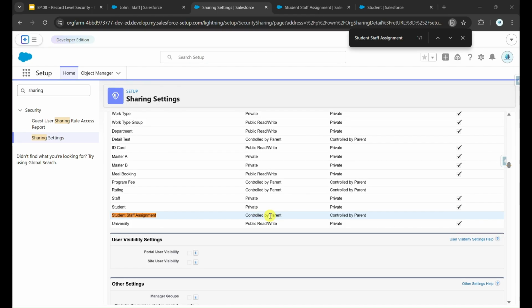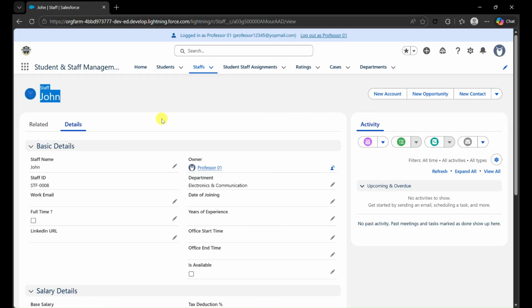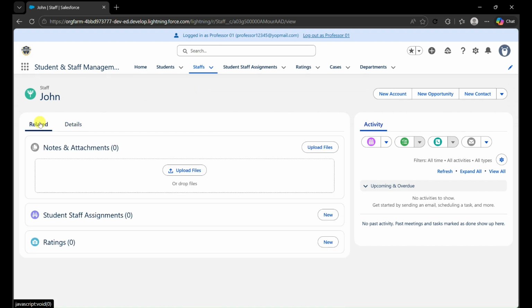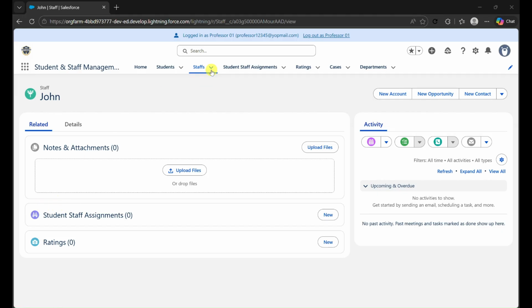Now let's see in action how these permissions are getting reflected for the end user under this junction object record. Here in the Edge browser, I have logged in as a professor, and you can see this record is owned by the professor, and that's the reason the user can access the staff record. And when I come to related, you can see this user does not have access to any of the student staff assignment records. Whereas